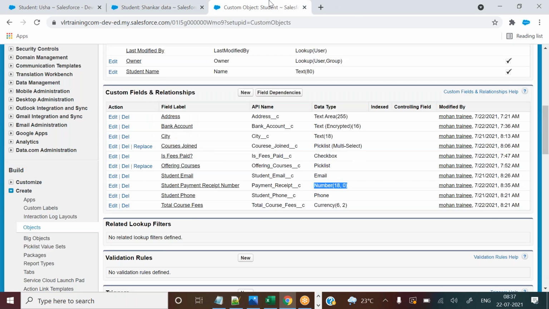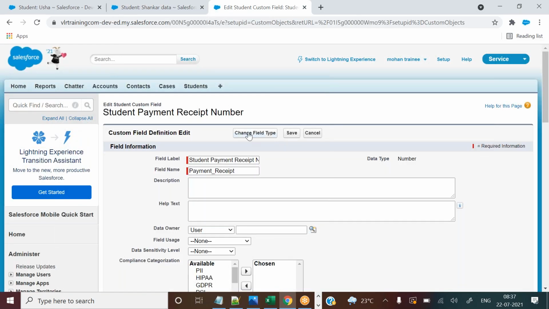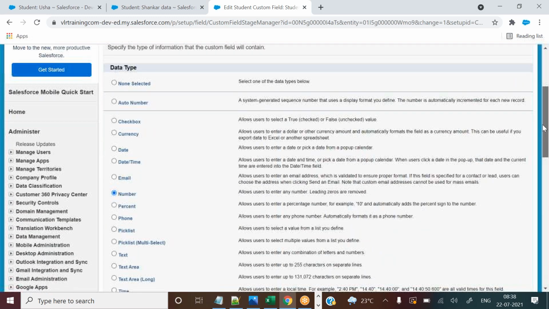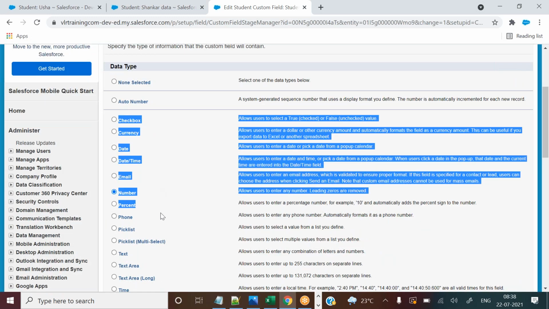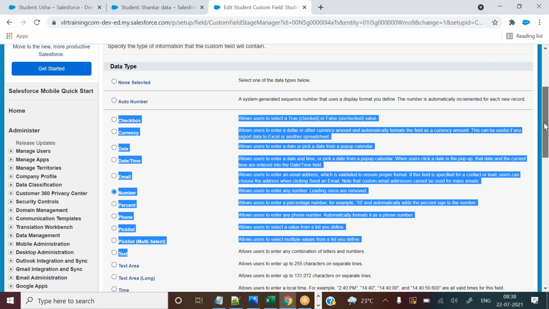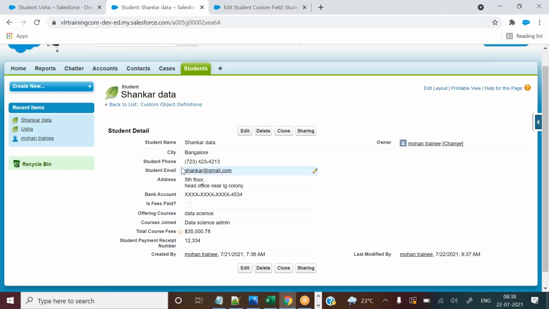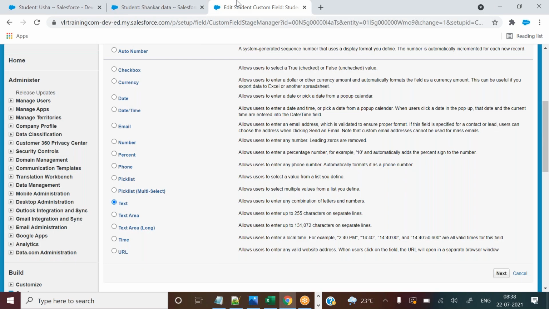Changing data types I will tell you in the next part. So you go here, edit it, and here change field type. Okay, can you see? You need to click on this one, and see what data types are available. You can change it to those data types. If text is available, you can change from number to text, and you can save it, so that you can enter whatever you want. Clear? But is it good practice to change the data types in real time?